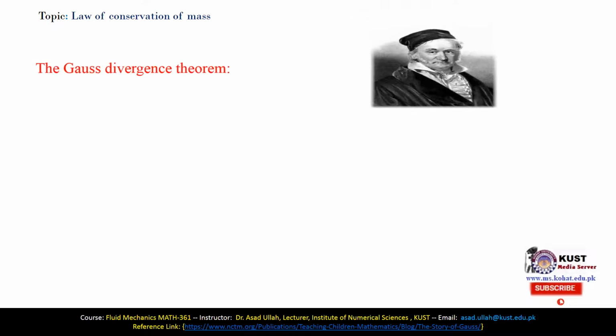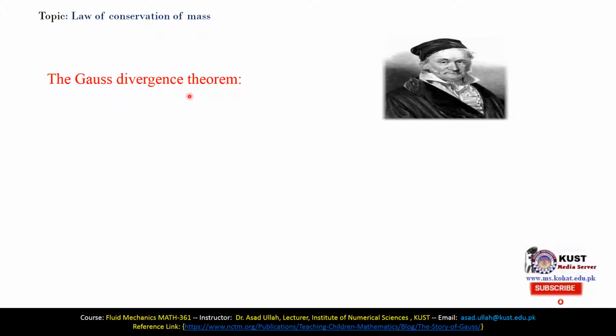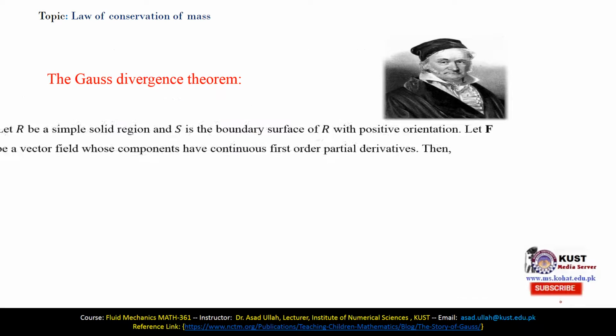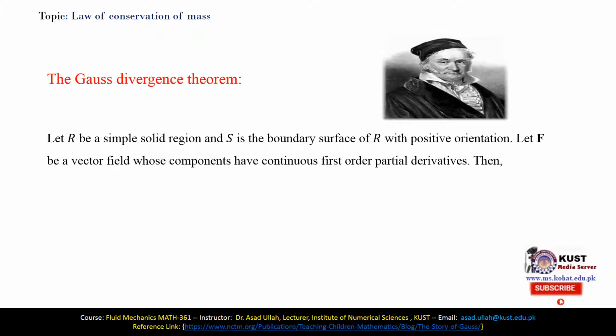Now, what is the Gauss divergence theorem? You can see the picture of Carl Friedrich Gauss, who was a German mathematician who established a relation between the surface integral and the volume integral. In his famous theorem, he states that let R be a simple solid region and S the boundary surface of R with positive orientation. Let F be a vector field whose components have continuous first order partial derivatives. Then